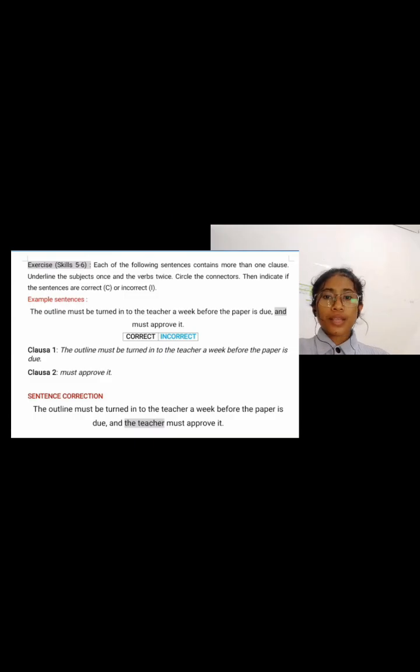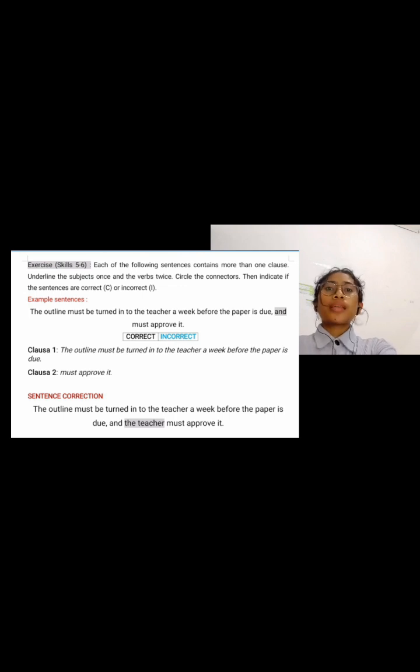Now I will continue working on exercises about structure and written expression. Alright, let's go! Exercise skill 5 to 6. Each of the following sentences contains more than one clause. Underline the subjects once and the verbs twice. Circle the connectors. Then indicate if the sentences are correct or incorrect. An example of the sentence